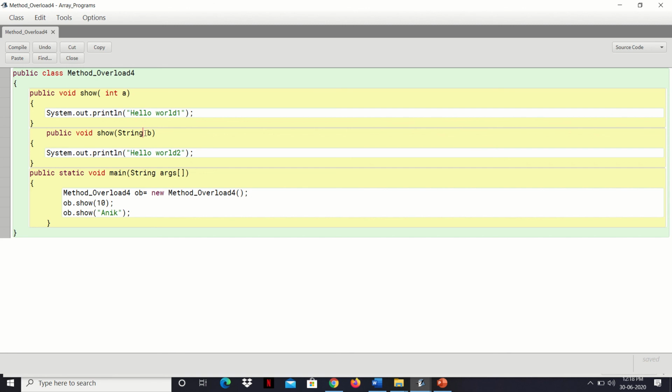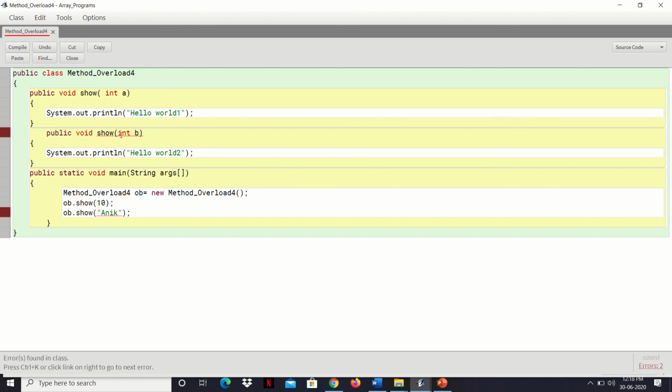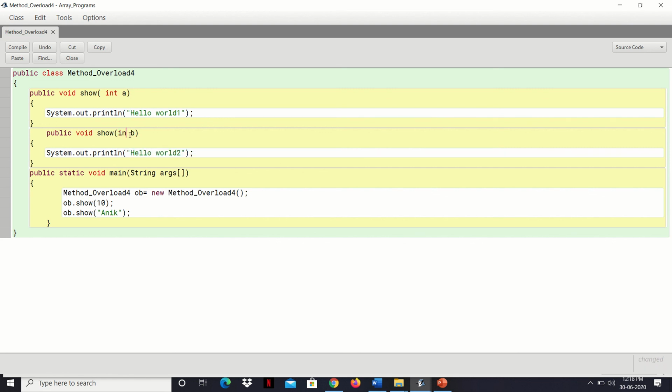So first I will show you here. If I make it int b, it will give compile error because method show int is already defined in class. It is already being defined here. Again we are defining this type, so it should vary. So it should be a different type other than integer. Let us give string. So for different purpose, for integer, for string, we are using the same method again and again. That is what is method overloading. So this one is matching with first one, second one is matching with this one.